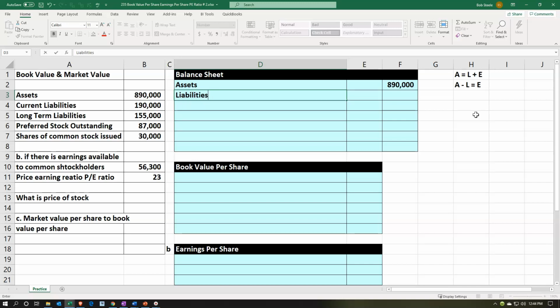Liabilities. I've only spelled it like 100 times, but I spell it wrong all the time still. It's my fingers' fault. So we're going to pick those up. I'm going to put them into the inner column here. This equals the 190,000. And then we're going to pick up the long-term liabilities. The two liabilities they gave us in the inner column is going to be the 155,000. We'll sum that up into the outer column, and we'll call that then the total